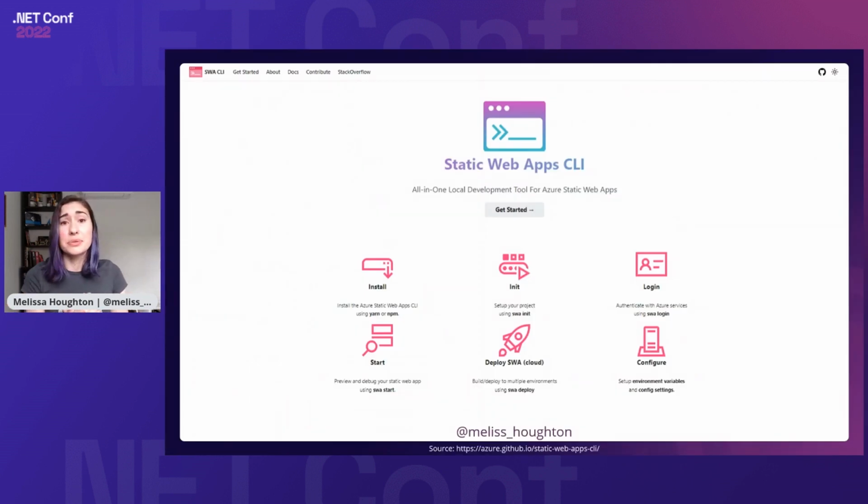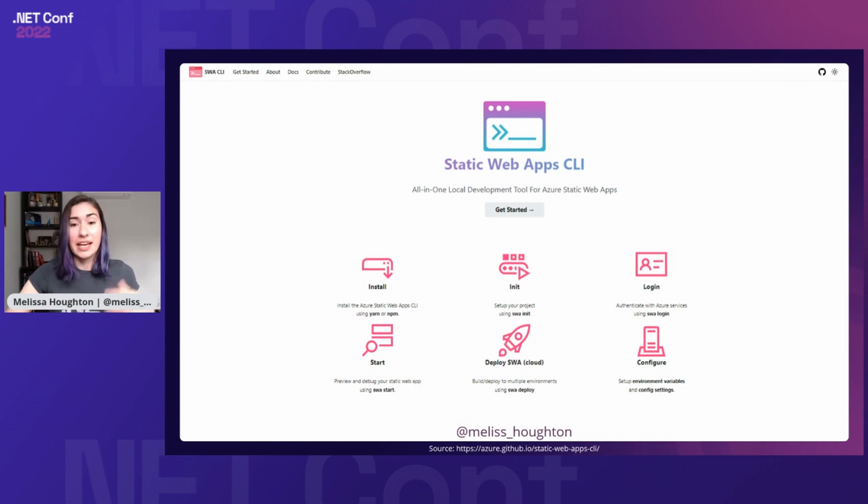There's also some really great tools to help us with that local development process. I had my Visual Studio open, and if I had more time, I would go through all the debugging and everything, but you can run it and debug it as you normally would within your Visual Studio. But there's also some really great tools such as the Static Web Apps CLI. And this CLI lets you do your build and your deployment and all of your configuration, and you can use it alongside things like Visual Studio Code. And there's an additional extension within Visual Studio Code, which lets you do your debugging and testing out of your